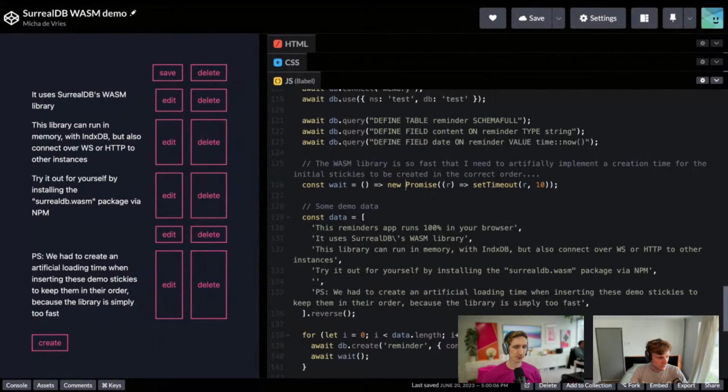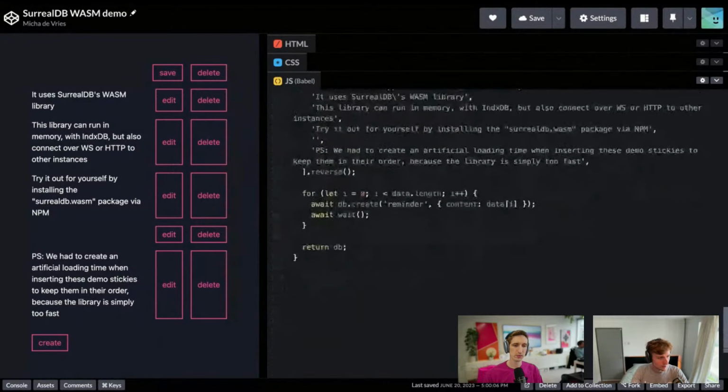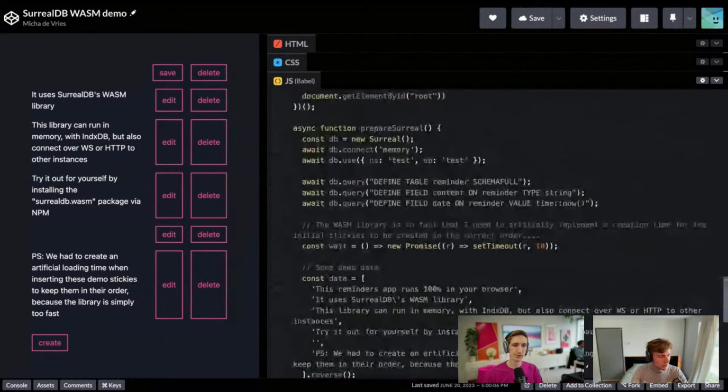Yeah, so essentially what I had to do there is create a little wait function that will wait 10 milliseconds every time I'm inserting a record to ensure that it stays in order. So that was an interesting thing to find out last minute. But yeah, we're just inserting some demo data here, and that's it for initializing the SurrealDB instance.